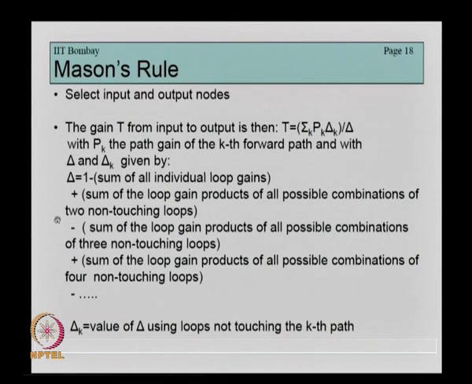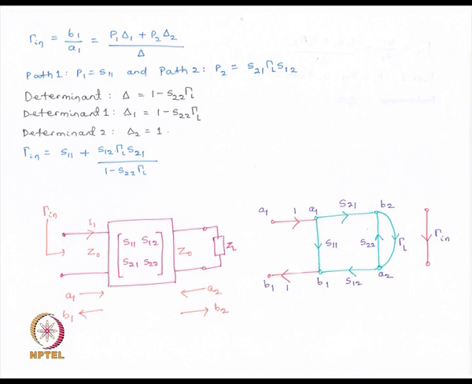And delta k is the value of delta using loops not touching the kth path. So if we have any loop touching the kth path, then that loop will not be considered while finding out delta k. All other loops which do not touch the kth path will be considered while finding out delta k. I hope I am clear now. So then coming back to our 2-port circuit as shown here,